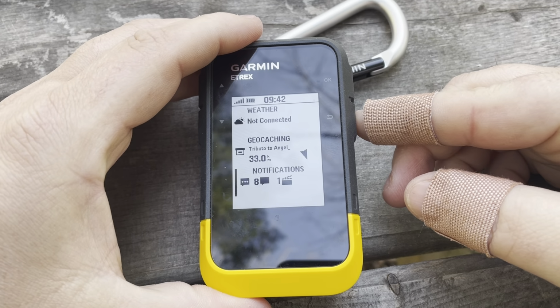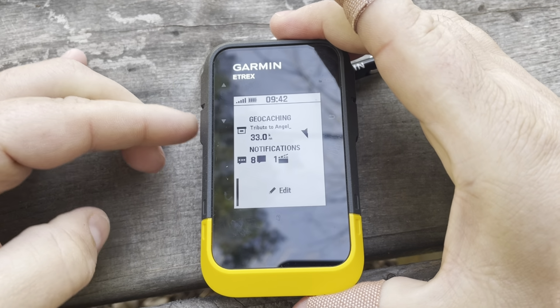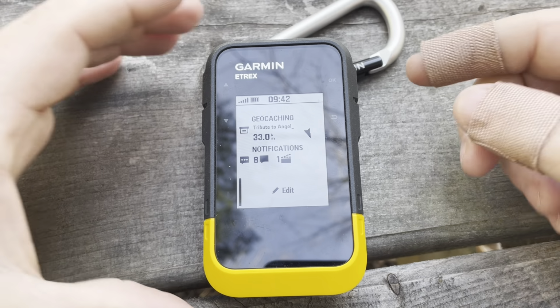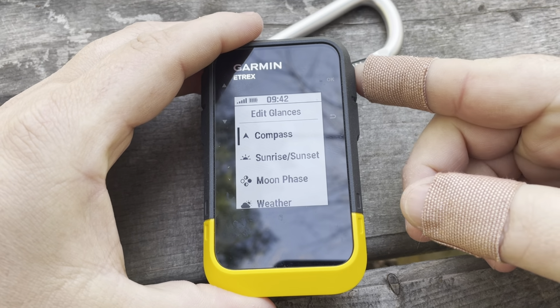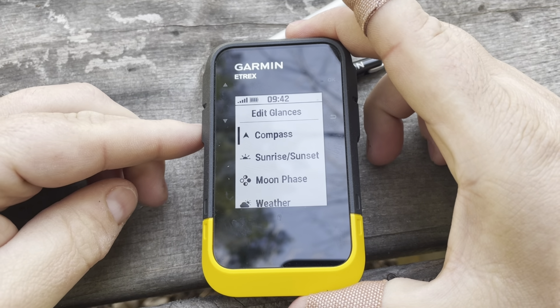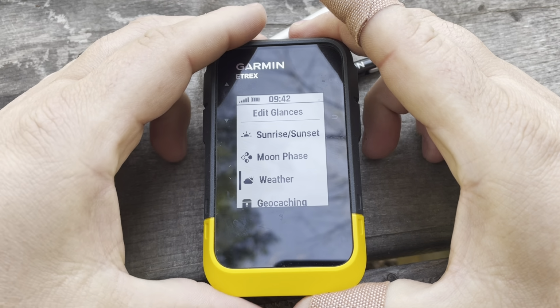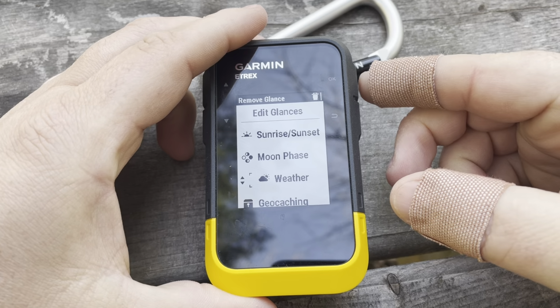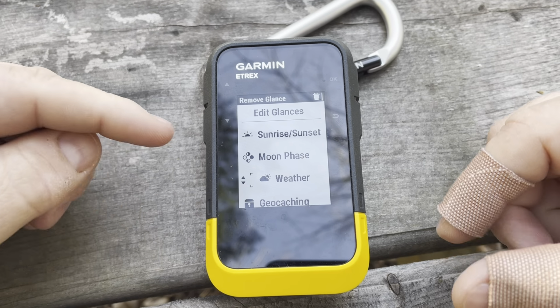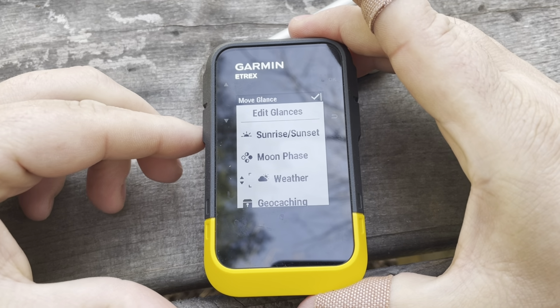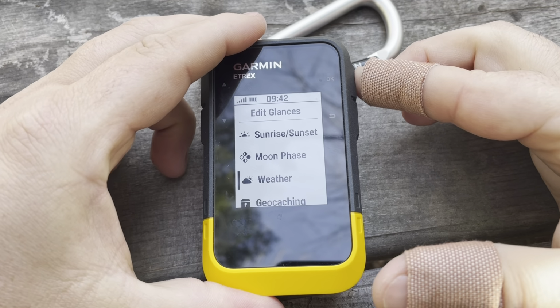All right, now the last thing you probably want to do is, can I edit? Yes, you can. Scroll all the way down to the bottom, you can see an edit option, press OK, and then from here you can choose which ones you want to keep. So in this case, I really want to get rid of weather, and you notice that I have an arrow. I can move this up and down the list if I wanted to, or I can set it with OK, and